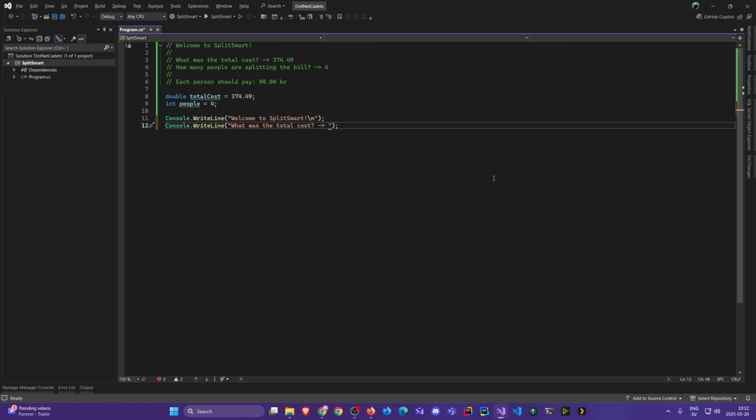So how do we output our variable here, total cost? Because sure, we could hard code this, but this will be a very boring program in that case. We want to output the information stored inside the variable, and there are different ways we can do this. And now we're going to see some fun stuff. So here we're going to concatenate the string with the variable. You see we have a plus operator and then the name of the variable, total cost. And what happens here is that implicitly it converts this to a string. So if we now run the program,